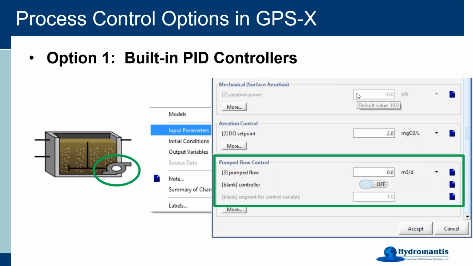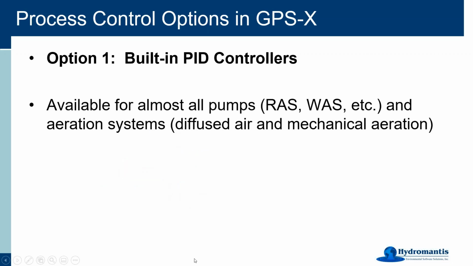So that's all available for you any place that you see one of these types of controller pump symbols. They're available for almost everywhere you'll find them, and also for all the aeration systems. So almost any place that you see bubbles in the activated sludge tank, that means that there's an aeration system in that particular object, and if you go in there, you'll probably find a DO controller. I think actually it's every single one. I can't think of another one off the top of my head where we don't have a DO controller already